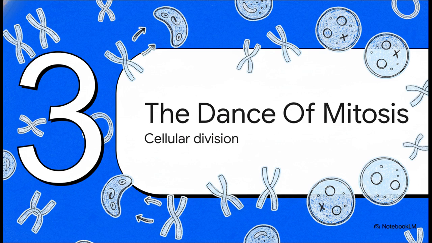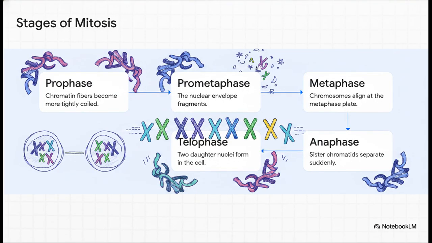All right, now for the cells that do divide. Let's look at Module 3, the dance of mitosis, focusing on the incredible choreography of cellular division. Mitosis itself progresses through 5 distinct sequential steps. You've got prophase, prometaphase, metaphase, anaphase, and telophase. Basically, the cell goes from the initial condensation of chromatin to the fragmenting of the nuclear envelope, to lining up all those chromosomes right down the middle, then the sudden, rapid separation of identical sister chromatids, and finally, the arrival of complete chromosome sets at the opposite poles of the cell. It's a beautifully synchronized, flawless routine.